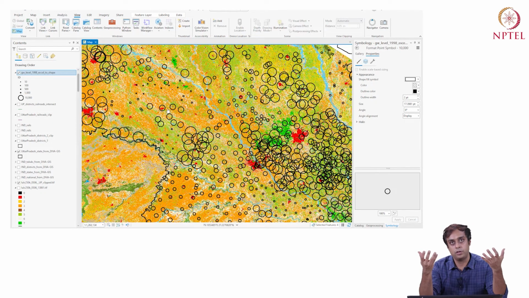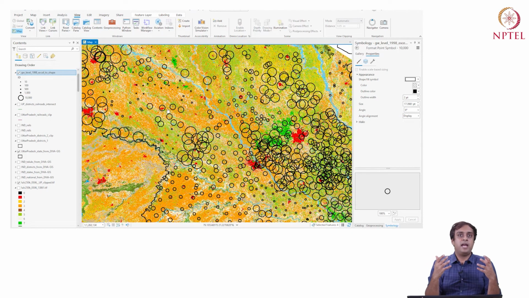That type of analysis is more convenient in statistical software like R. R is also really powerful because of its open source nature. Anybody can download it, and it's free of cost, unlike ArcGIS. So we will cover those analyses in R.